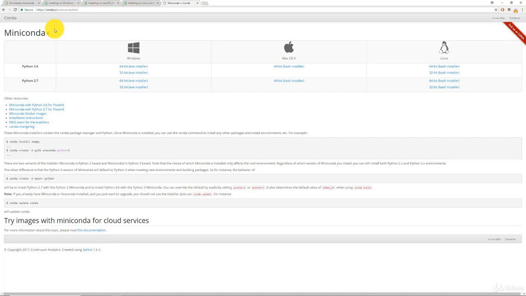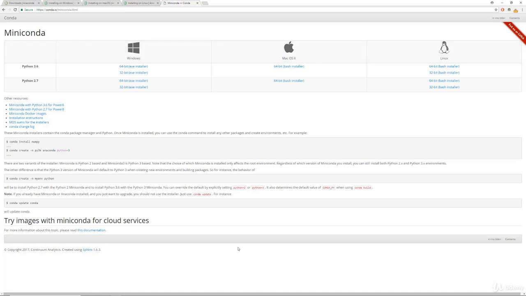conda.io/miniconda-html, or just Google search for miniconda, and it will take you to the miniconda links for the installers. It's basically the exact same thing, except it's a much smaller file, and it doesn't include a variety of the libraries, which you don't really need to worry about. So there's one for Windows, Mac OS, and Linux. So if you're interested in a much smaller file download, you can use those installers as well. However, we do recommend that if you have the bandwidth and the space, that you just download the full Anaconda